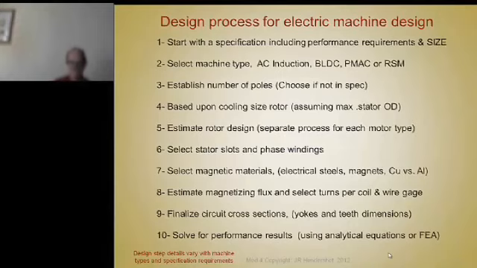And once you know what the flux is in an induction machine or a PM machine, then we have to pick the number of turns in the wire gauge. And then once you've done that, another challenge, which isn't mentioned yet, but we're going to talk about it extensively, is the requirement to, when you get down to designing a coil and you pick the number of turns, frequently, let's take an example of a coil that requires 1 turn per coil or 2 turns per coil. So that